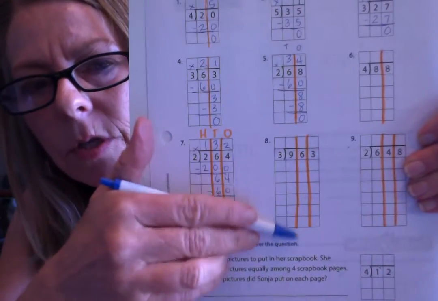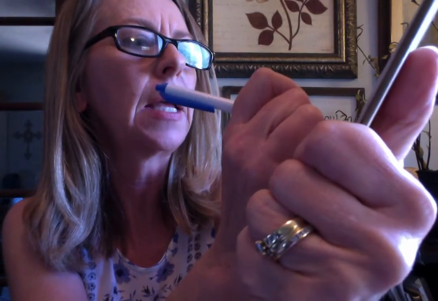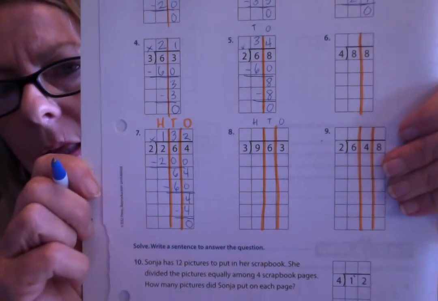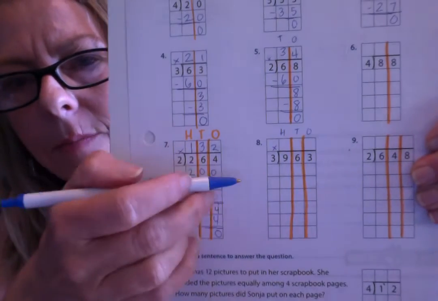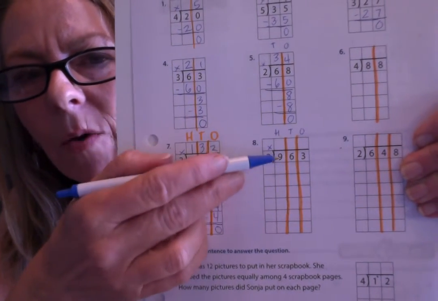Okay, I'm going to go through one more with you. Okay, so if it helps you to make those columns and write hundreds, tens, ones, whatever is going to help you. If you want to put your little multiplier X right there so you remember the mom step of multiplying, whatever can help you. Okay, so here we have